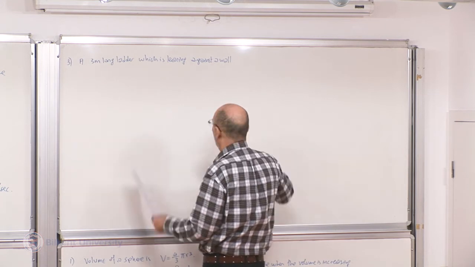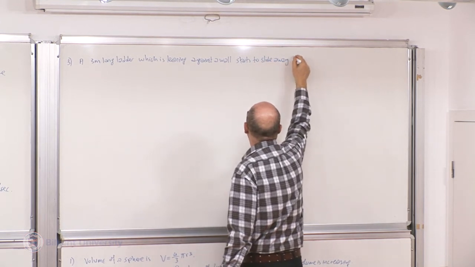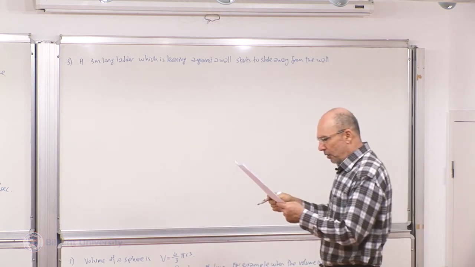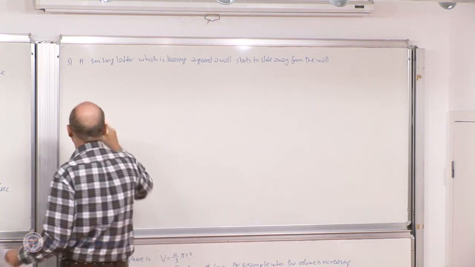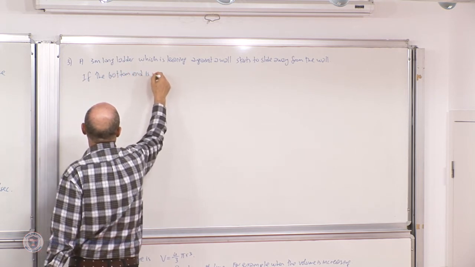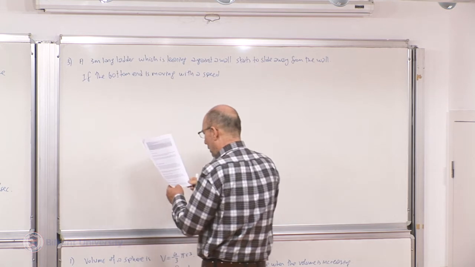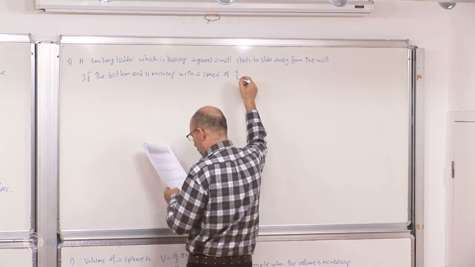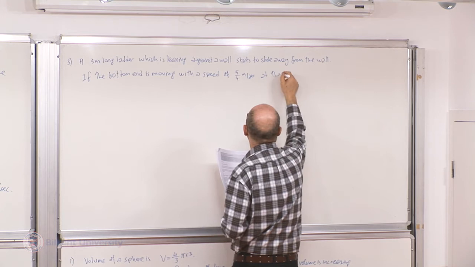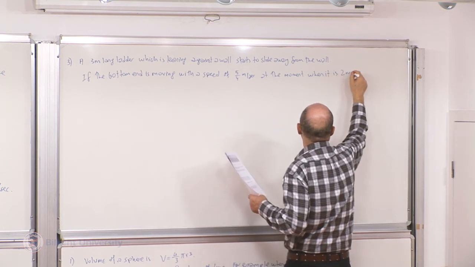The ladder starts to slide away from the wall. If the bottom end is moving with the speed of 5/4 meters per second at the moment when it is 2 meters away from the wall,